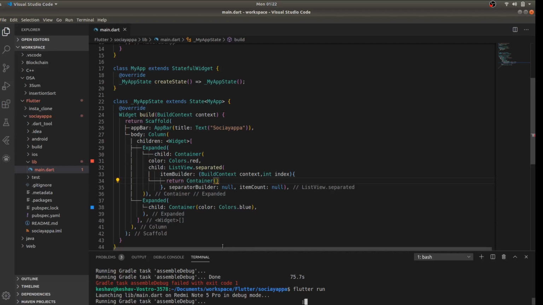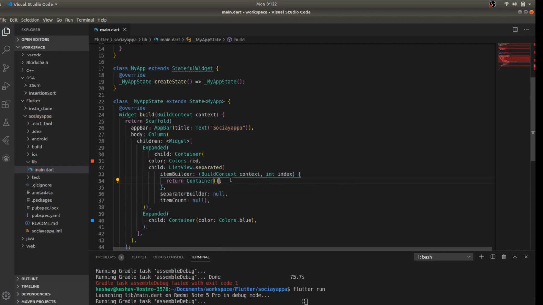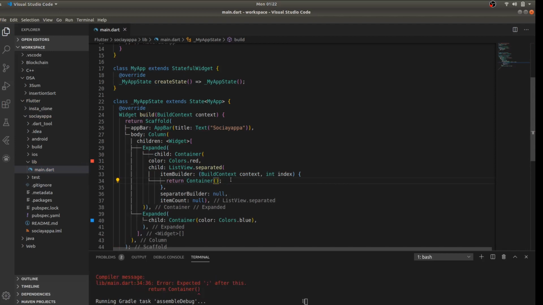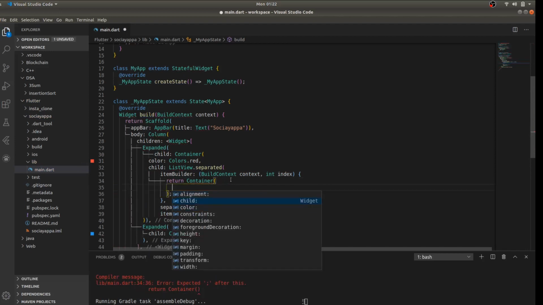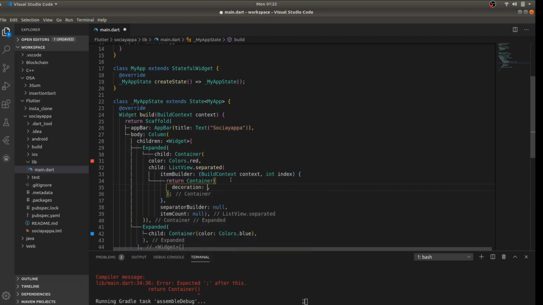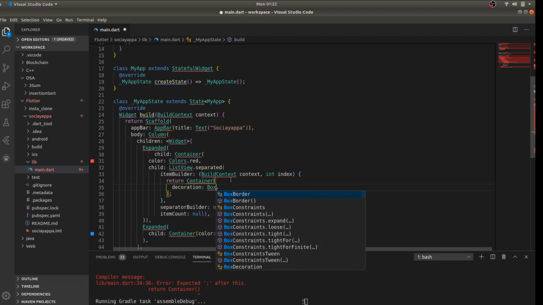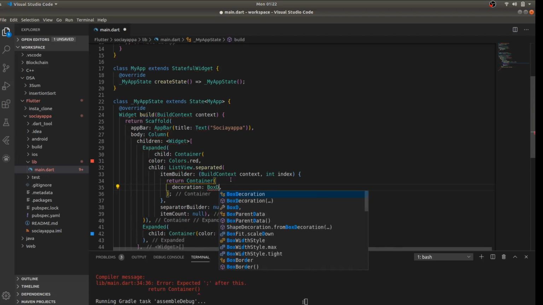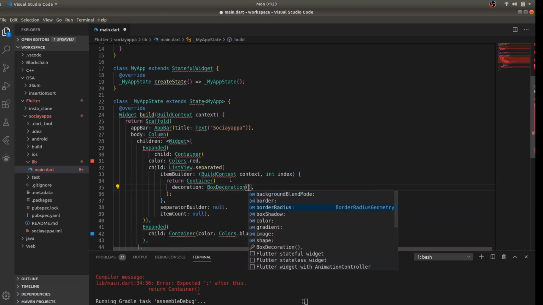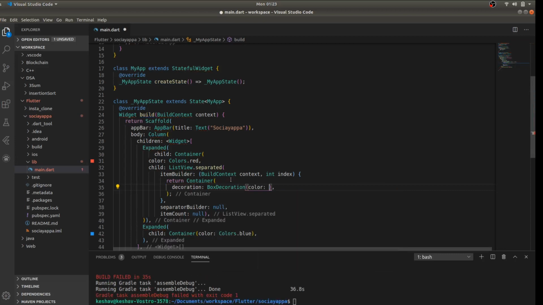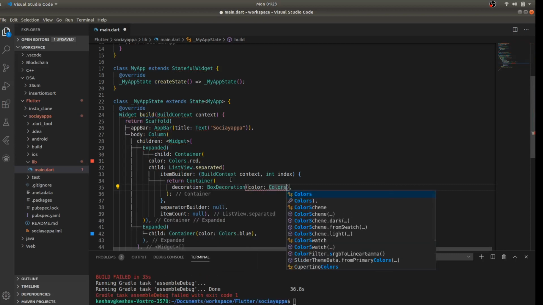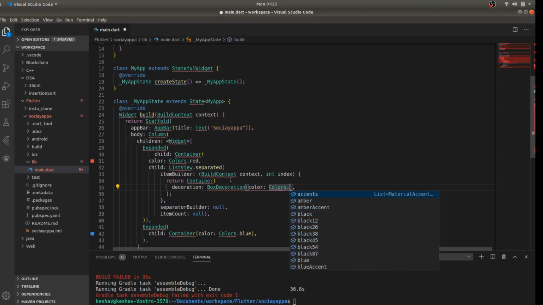So what we are trying to do over here, okay, it won't happen again because we have got an error. So let's just finish the code once and then we'll do it. What I'm trying to do over here is to make circular items for the stories. It has got a decoration property. I'm gonna get a box decoration, and this box decoration first of all has a color, and I'm gonna give a Colors dot, let's say, white,